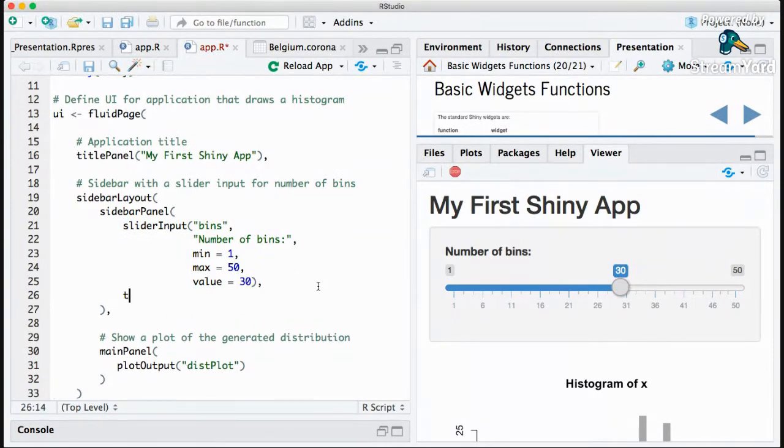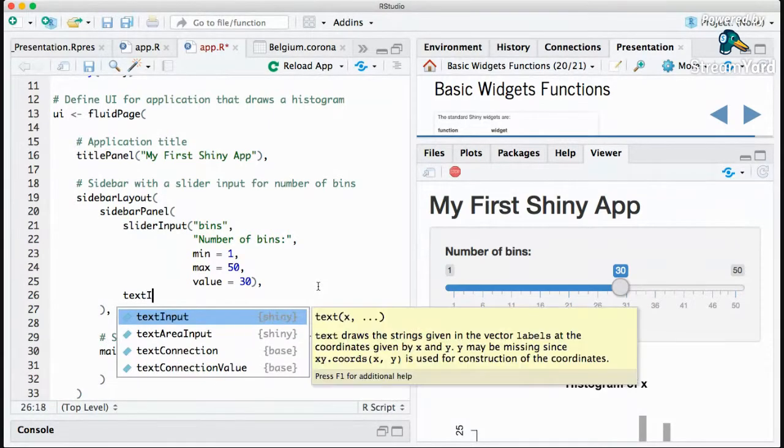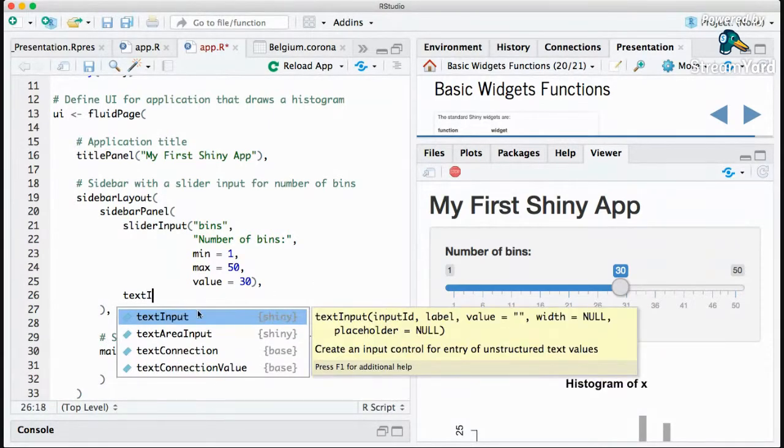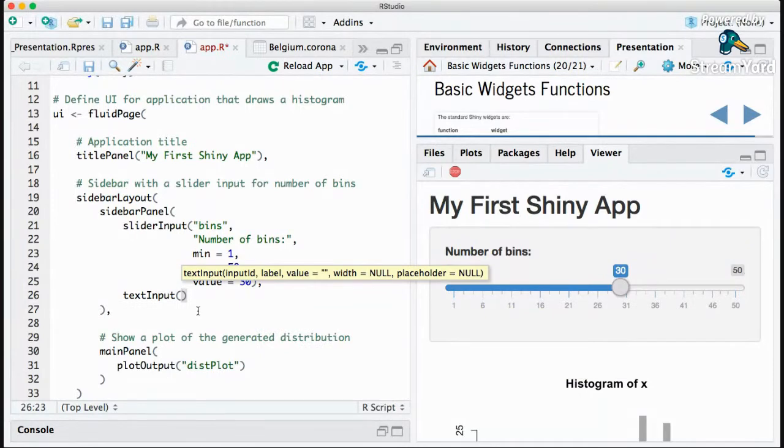Then go here, and we will add a new function called text input. So this will add a text input to this sidebar panel. Right? So within this sidebar panel, you can see the round brackets. Now we have 2 kinds of inputs. One is a slider input, then comma, to separate it from any other input, then we have a text input,